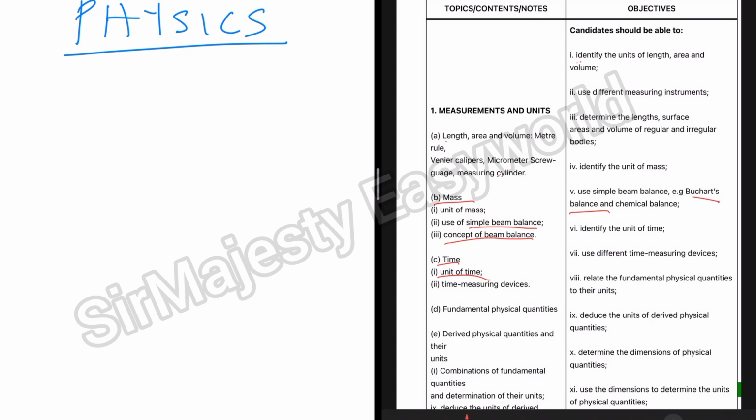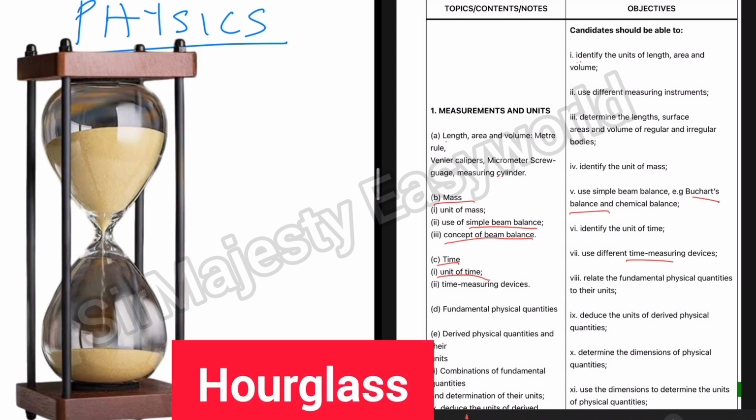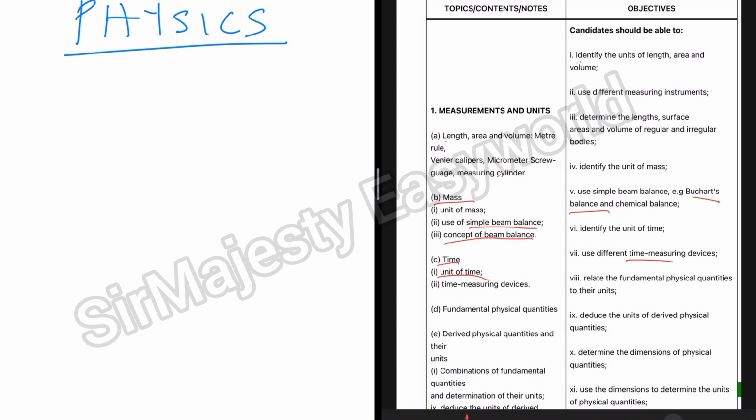Okay? Now, what are devices for measuring time? To measure in seconds, you have your stopwatch, your normal watch. Minutes, stopwatch can do that. Hours, same stopwatch can do that, or your hourglass. But bigger values of time, such as days or months or years, you have your calendar to do that, all right? Now, having put this in place, let us go straight to the JAMB questions